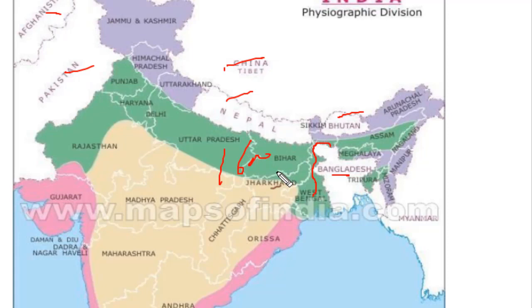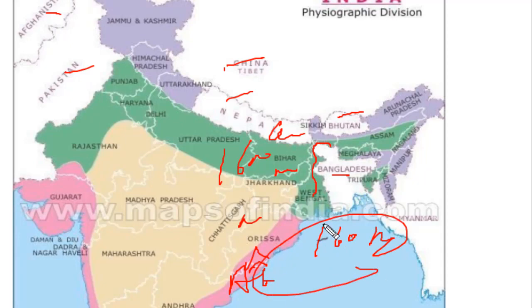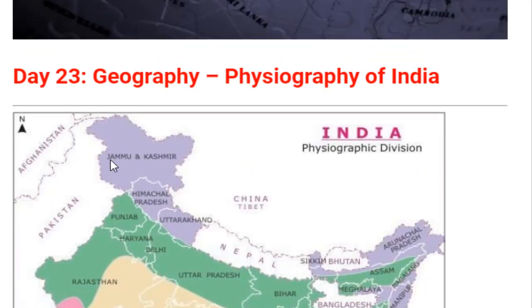And if we compare in sequence, after Bangladesh, China is the second largest country with which India shares a land boundary. After this comes Pakistan, then Nepal, Myanmar, Bhutan, and at last the minimum land boundary is shared with Afghanistan. That is around 160 kilometers only. As you can see, the Afghanistan border is somewhere here. So the distance which India shares with this country is almost around 160 kilometers.